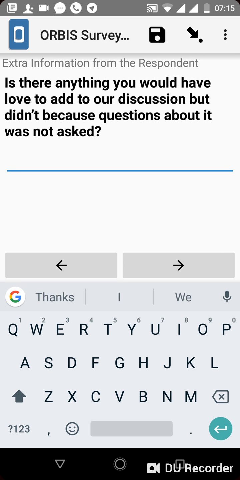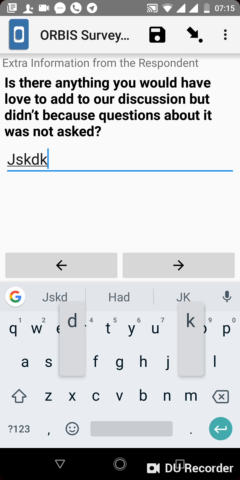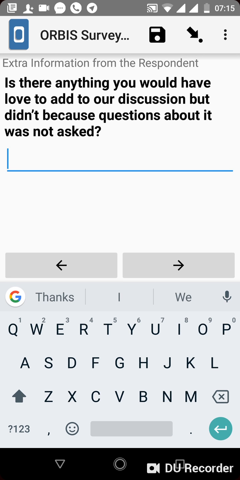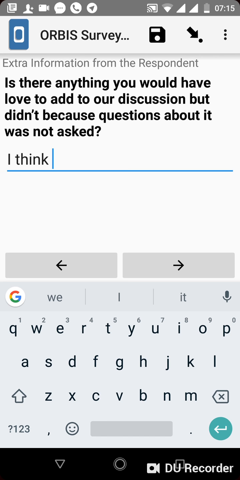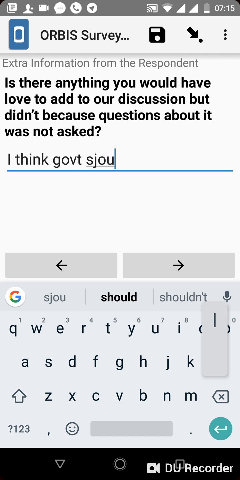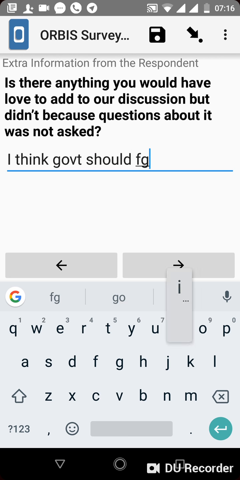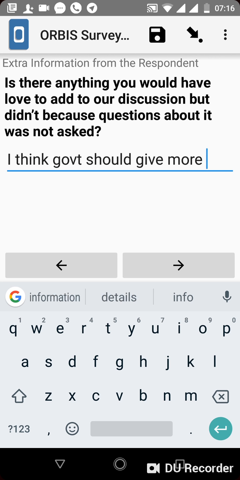Is there anything you would love to add to our discussion? So maybe there are questions, for instance, you did not ask, and then the respondent wants to say a few things. This is where you go ahead and add that. I think the government should actually be more responsive. I think government should give more money, should give more information